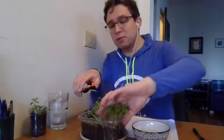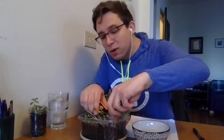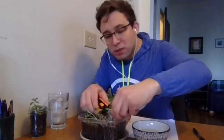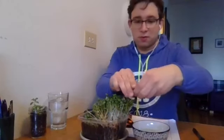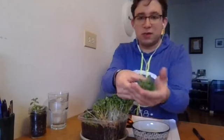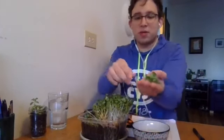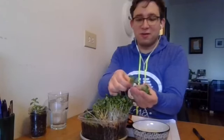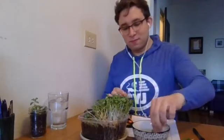Because it's the Seder plate and I'm going to be dunking them, I'm going to cut a little bit lower than where the leaves are. So I should be left with something like this. I don't know if you can see it on the camera. I'll put it a little closer. So we have long stems and I have my salt water at the ready. I'm going to take a little bit. Dunk it in salt water